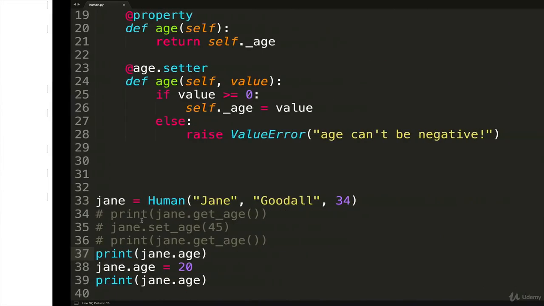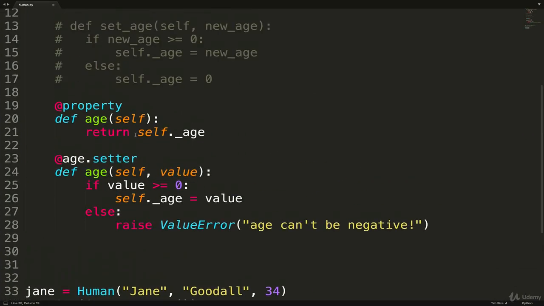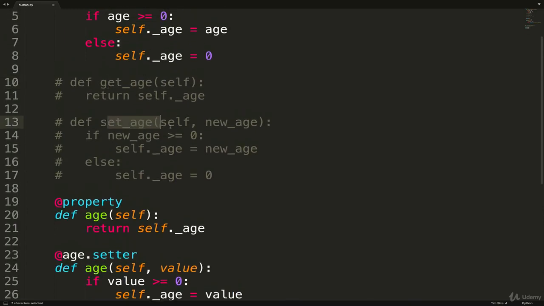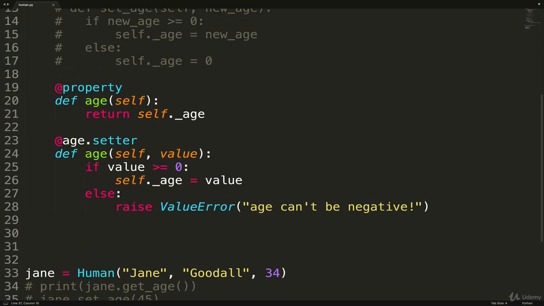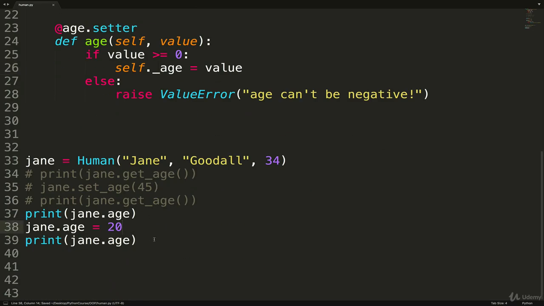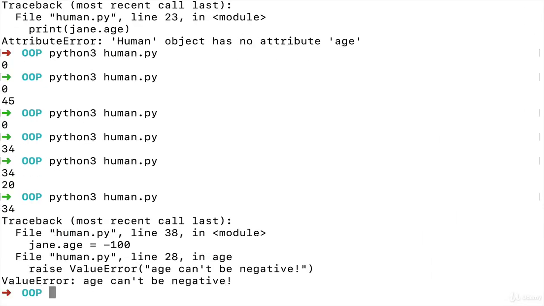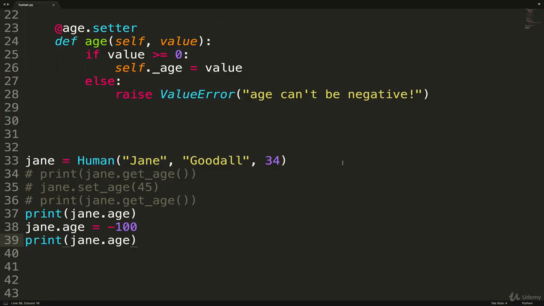And there we go. So what's cool about this is that we don't have to go through this route of get age and set age, defining those methods where we actually call them with parens like we did here. Instead, we've set up this property and we can just access directly Jane.age, even though age is really a proxy for _age internally. And now if I try and change age to be -100, it prevents me from changing age. So I kind of have this validation in there at this point. Some people would actually say this is a bit unpythonic.